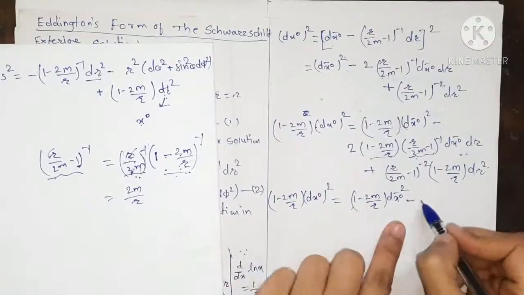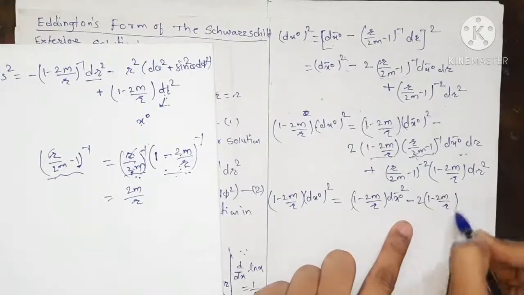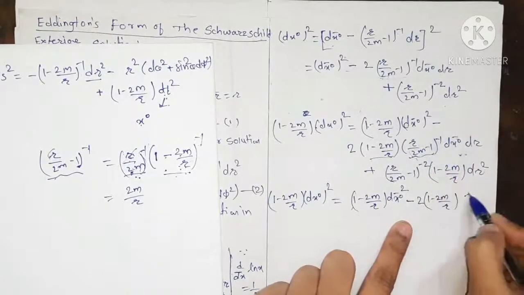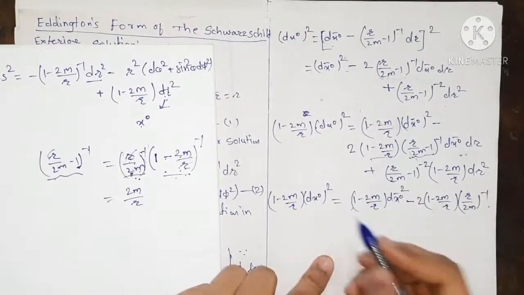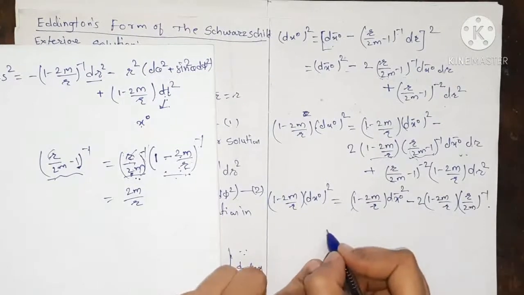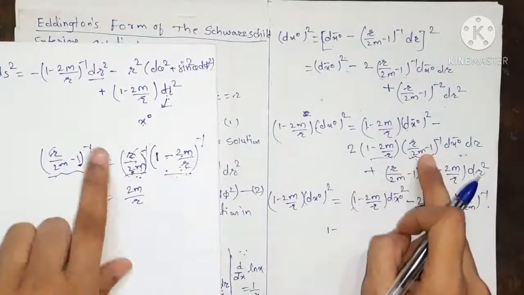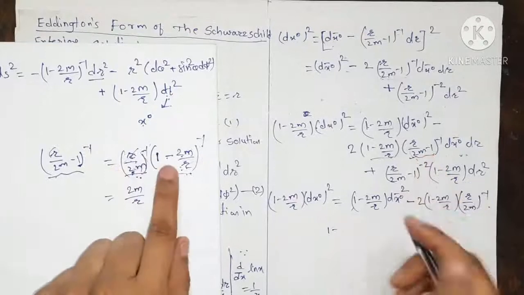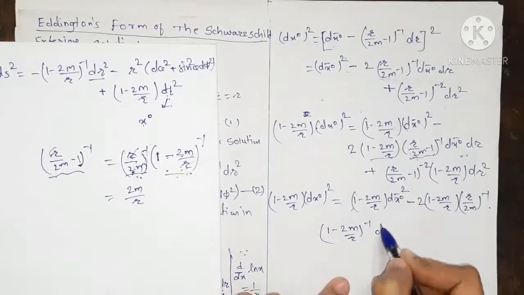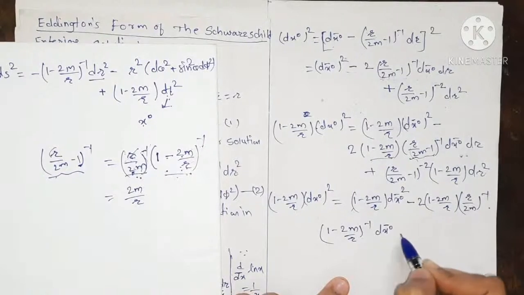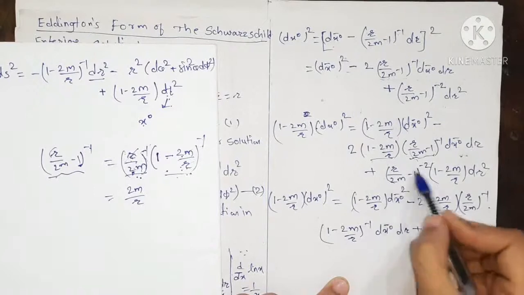1 minus 2m upon r dx0 square equals 1 minus 2m upon r dx0 bar square, minus 2 in bracket we have 1 minus 2m upon r into, if we take the common here, r upon 2m its inverse into, here into 1 minus, we write this bracket r upon 2m minus 1 inverse as this. So it is 1 minus 2m upon r, its inverse, dx0 bar dr, plus r upon, now again